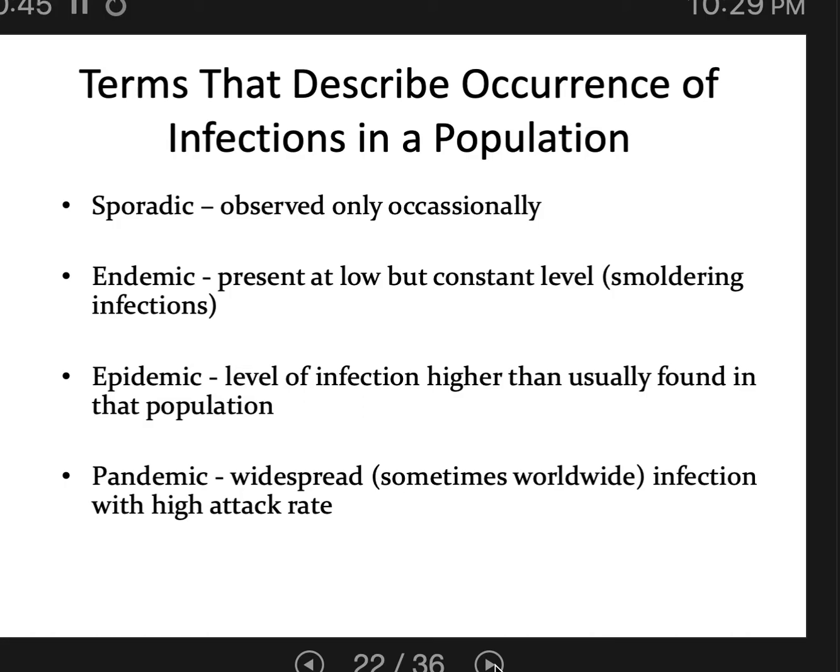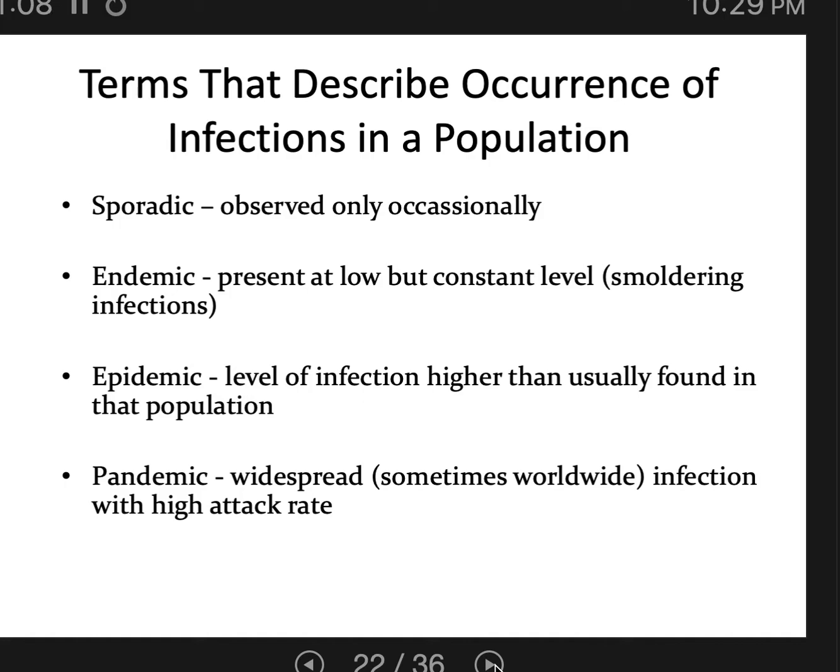Rabies is another example. We don't tend to have outbreaks of rabies. Usually it's just a sporadic case here and there. And same thing with plague. Endemic. Actually, you know what? I'm going to take plague back. In some places, plague is sporadic. But plague in New Mexico is actually a good example of an endemic disease.